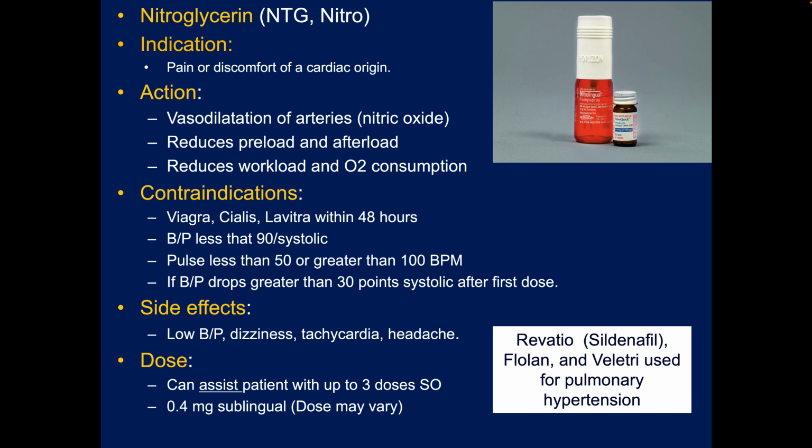So the preload, as you remember from your A&P day, hopefully, preload is the blood returning back to the left side of the heart. So it's the blood that pours into the left ventricle prior to contraction. That's the preload. And then the afterload is the amount of pressure your heart pumps against in the actual arteries themselves, the aorta, essentially. So if you reduce the preload, if less blood is getting back to the left side of the heart, less blood is being pumped out into your arteries,